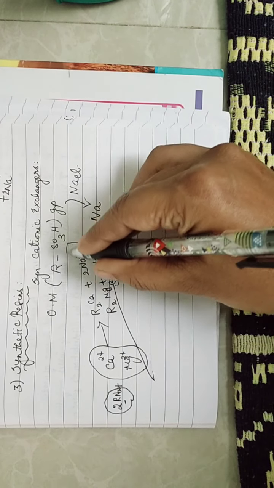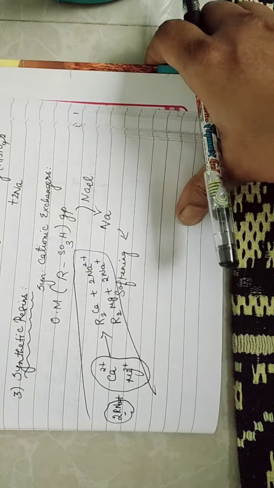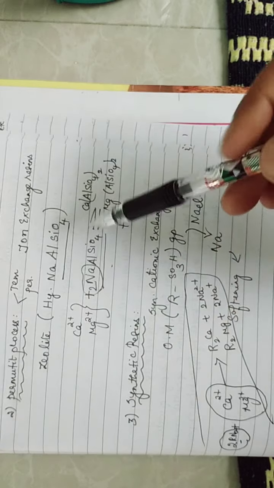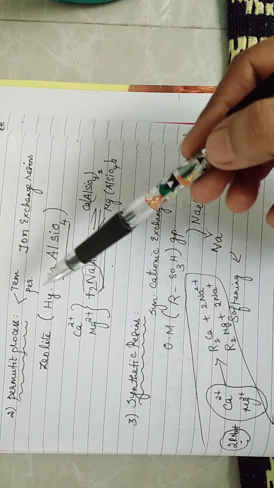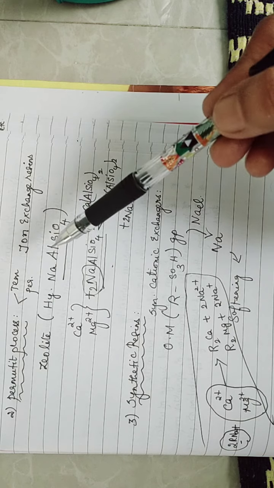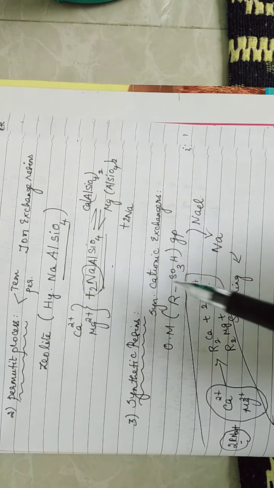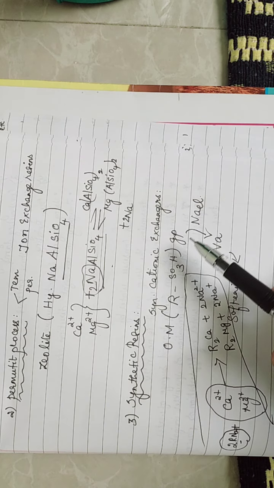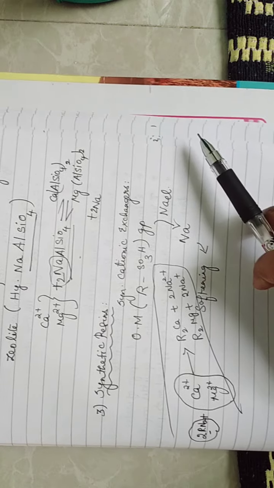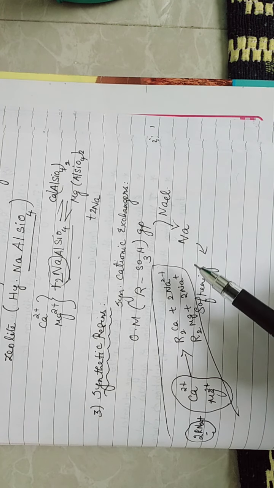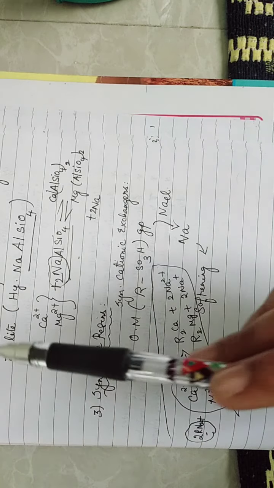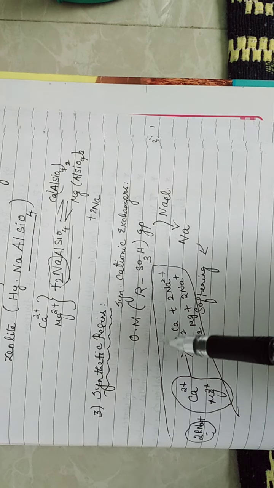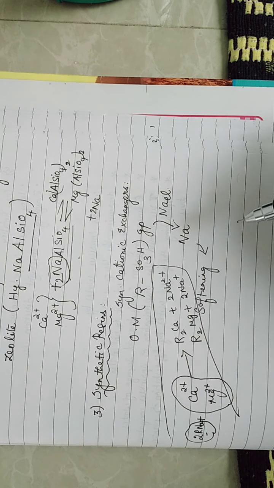I can tell you, the synthetic resin method as well as the permutit process are one and the same. Only thing is, here you have used zeolite, which is in sodium form, because zeolite is nothing but sodium aluminium silicate. Here you are using a synthetic resin, which is an organic molecule containing sulfonic acid group, which is first converted to sodium form. So in both cases there is an exchange of salt with the liberation of sodium, and in both cases zeolite can be regenerated by treating it with sodium chloride, and the synthetic resin can be regenerated by treating with sodium chloride solution.